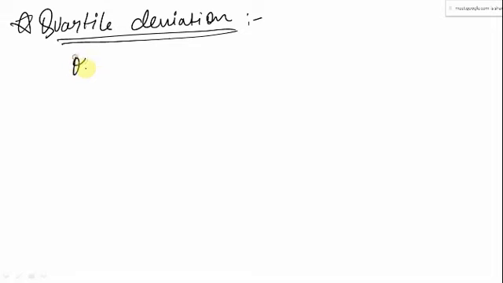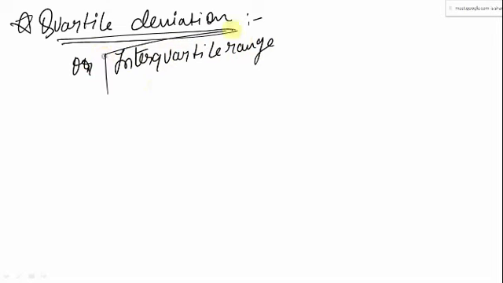Along with this, one more thing goes, that is interquartile range. This is also one of the small points which might be asked in any of the competitive exams in statistics: calculate the interquartile range. We get used to the quartile deviation, so we forget this. We'll be doing this, but first quartile deviation.